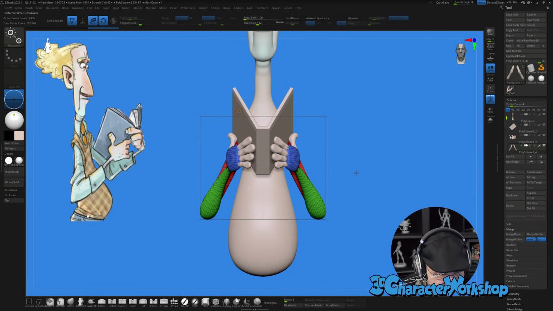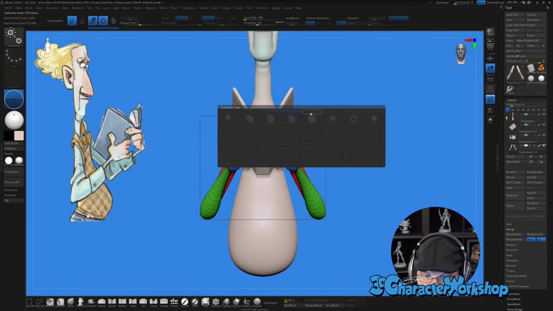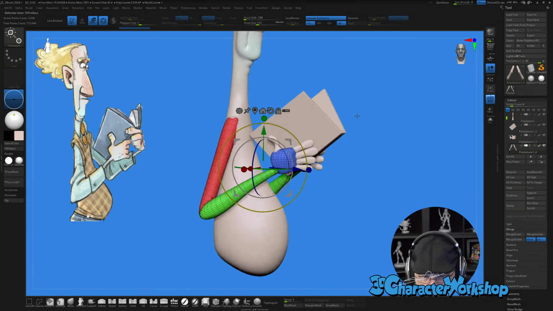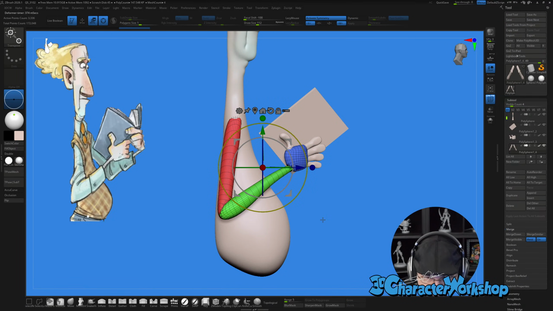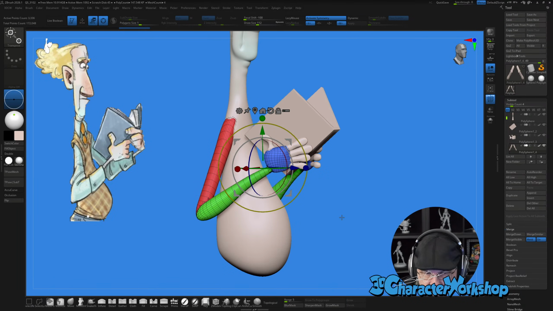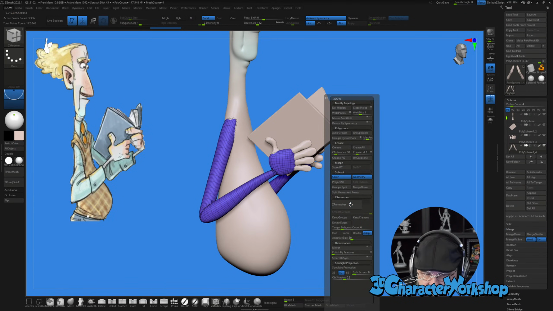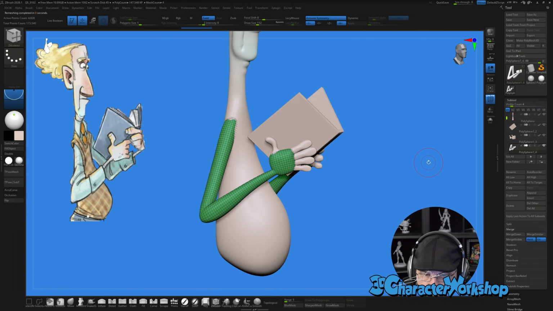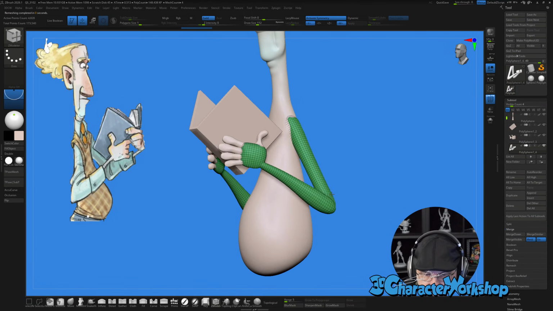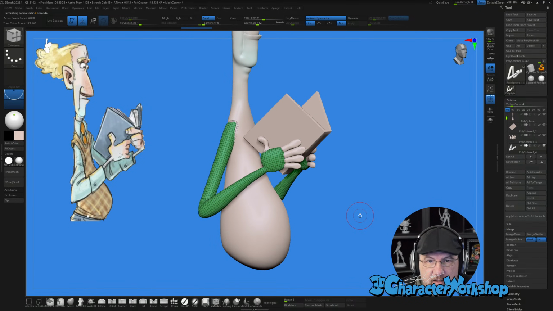And then hit apply. Accept, turn symmetry back on. So these are all stitched now. Put it all in the same polygroup, and let's see what happens if I remesh it same. That's pretty good. Not horrible.